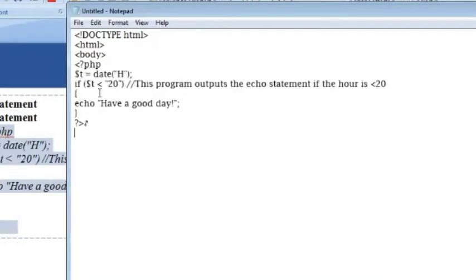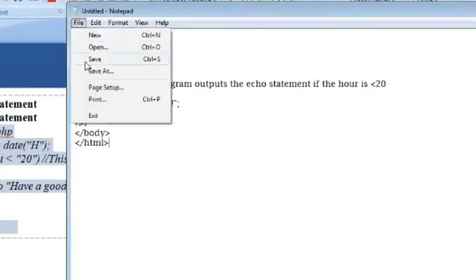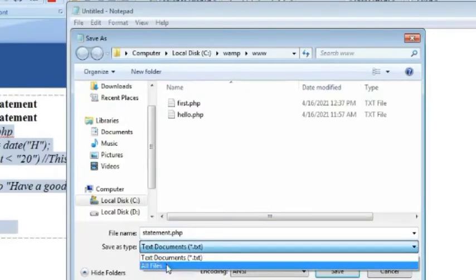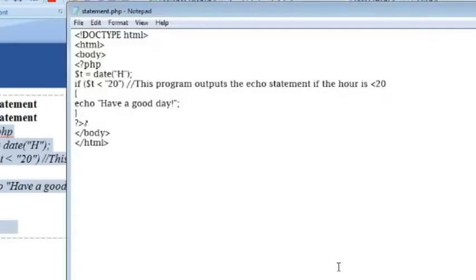After that, we close our body tag and our HTML tag. We save this file: File, Save As, under the WAMP folder, and type the name statement.php, All Files, and save it.